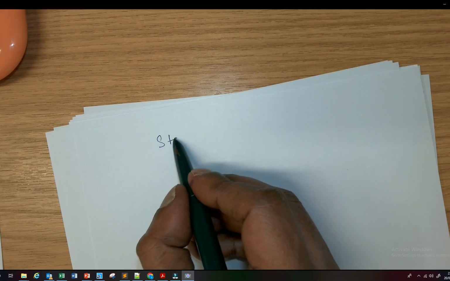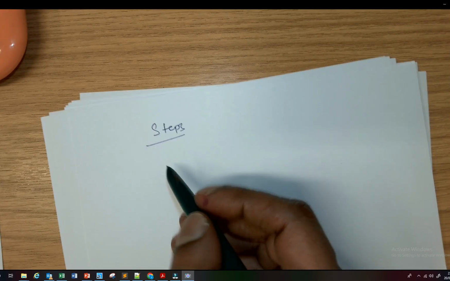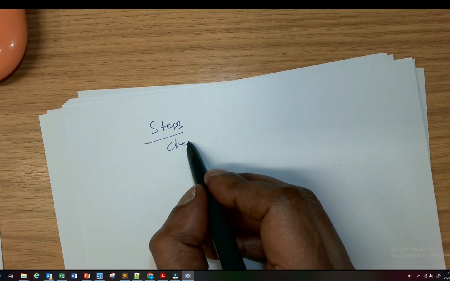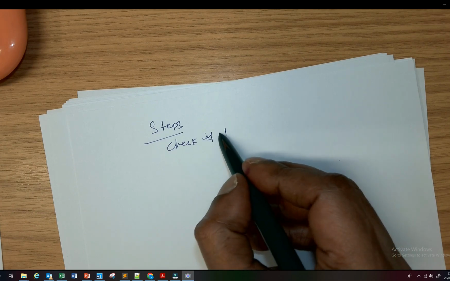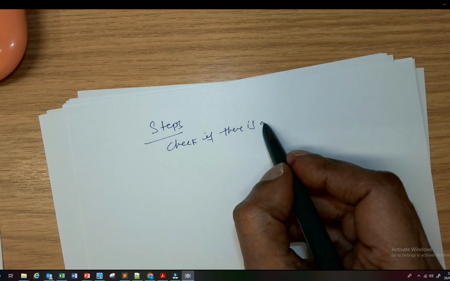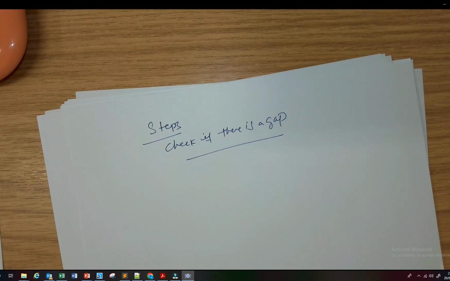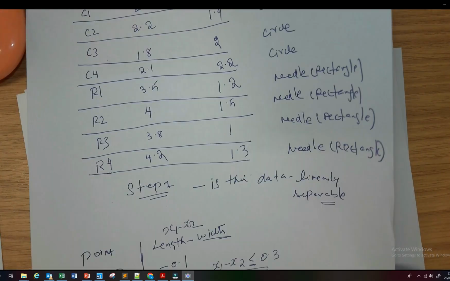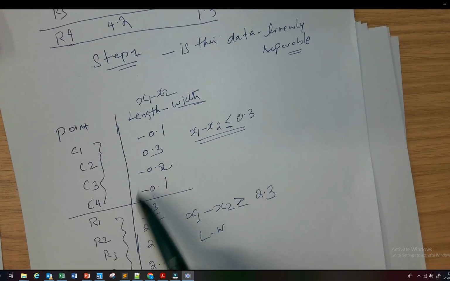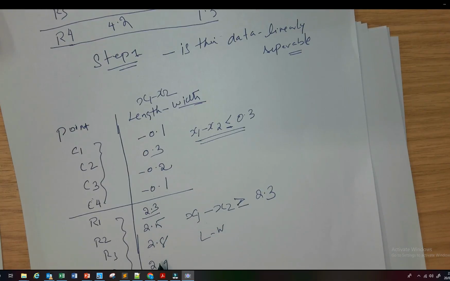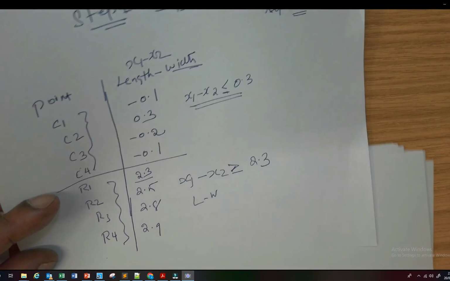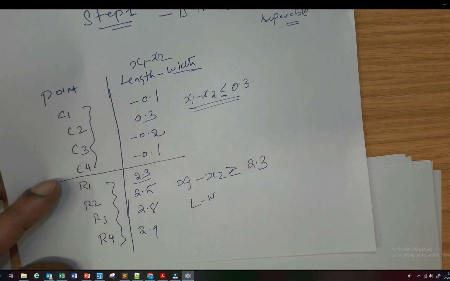So step 3: check if there is a gap. This is already a one-dimensional problem. So I will keep this aside and then I will try to plot this one. So if you plot this data,